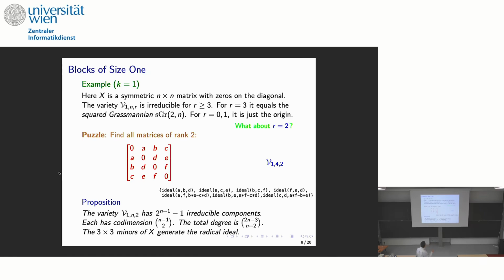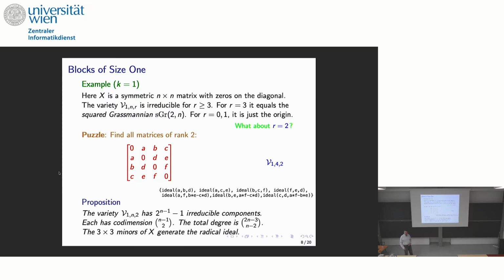Make it manifest. So it turns out there's 7 irreducible components. They all have codimension 3. So the Macaulay 2 code I had on the first slide makes this output, right? So there are 7 associated primes. So this says if A and B and D are 0, then C and E and F can be anything, right? And that's a 3-dimensional linear space of solutions, right? So if A and B and D are 0, and C, E and F are arbitrary, then this thing